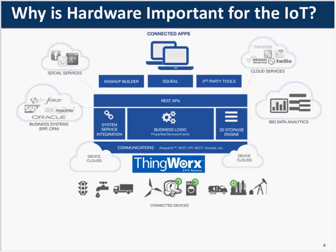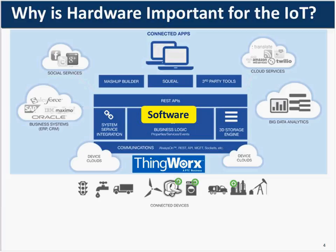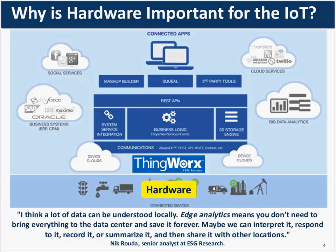So why is hardware important in the IoT? Well, this is a picture from our good friends at ThingWorx, their PTC business. And what they're showing you here is quite a bit of software. When people talk about the IoT, most people say the value is in the software. It's in the analytics that you can run. It's the integration of your factory into CRM and ERP systems. It's using the cloud services, lots and lots of software. But the reality is none of that software is important without the hardware. The hardware is what connects that software to the real world. It's the eyes, the ears, the taste, the smell of everything that's happening that allows that software to actually be